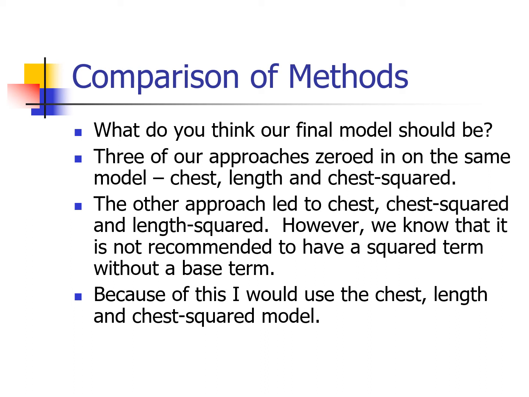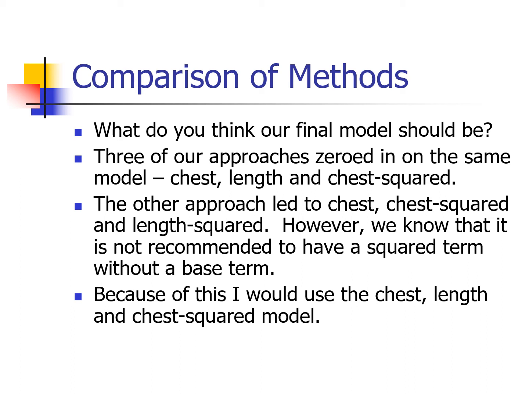Now, I would steer clear of the chest squared, length squared model. Why? A couple reasons, right? The length squared term, well, we have length squared but not length. And in our polynomial discussion, we said that if you have a squared term, you should have the base term. But we've seen if we have length, we don't need length squared. And so that model becomes a little unattractive because of that property. We also saw, interestingly, even though the forward approach picked length squared as the starting variable, the best one of all our 8 variables to start with,